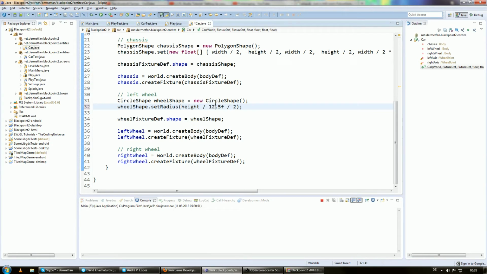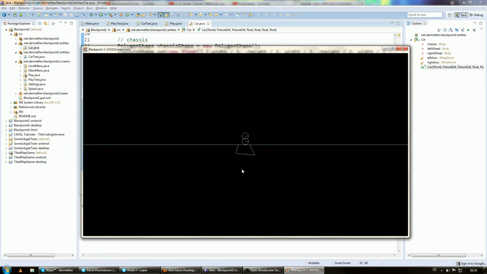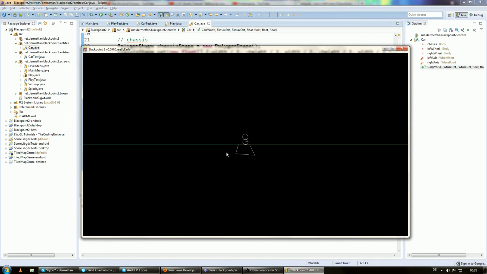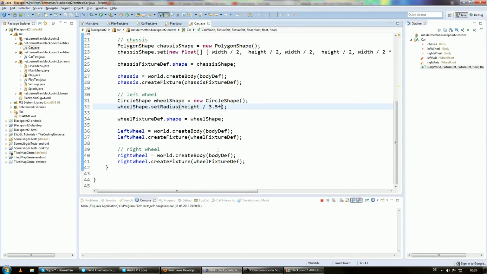Yeah, I said we are going to take care of that later. No, I'm doing it immediately. Anyway, I think this was the value that worked out pretty well. Actually, this was the value. Yeah, this looks good. So let's go ahead and create the actual axis, because how it is right now is